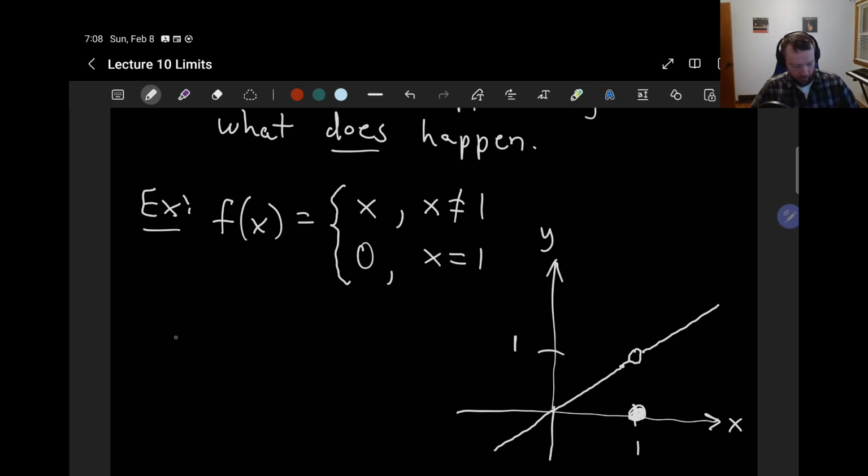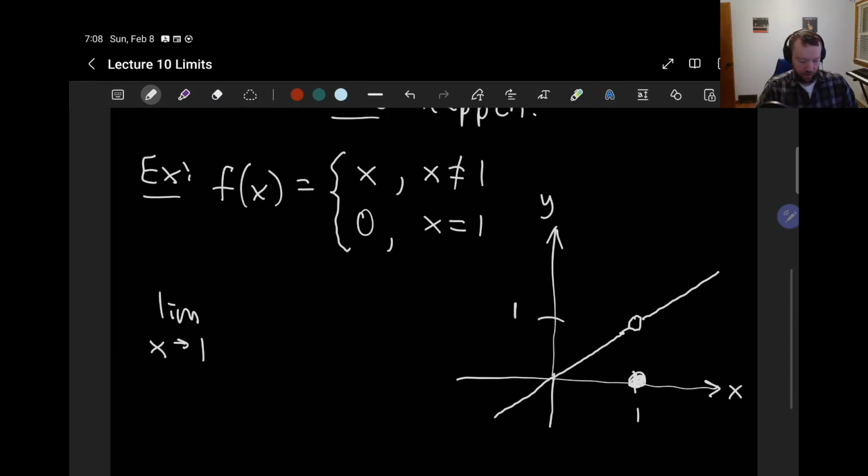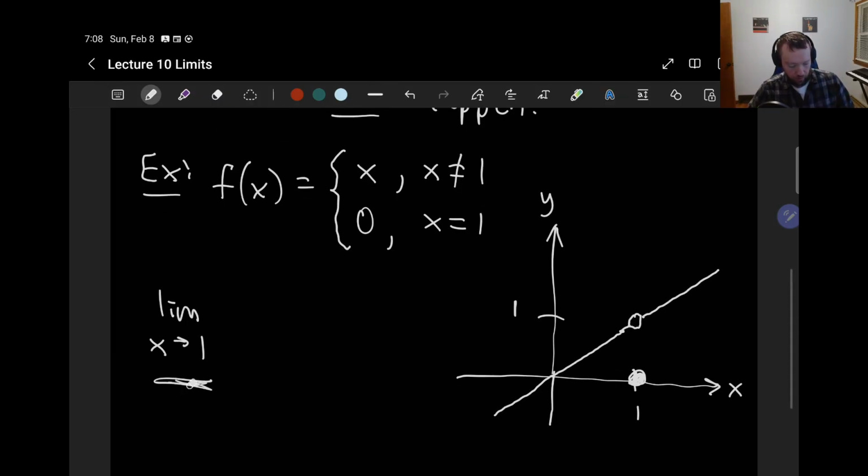So let's take a look at the limit as x approaches 1. So as our x gets close to the x value of 1 for this function, which y value are we approaching? Well, we're approaching here,